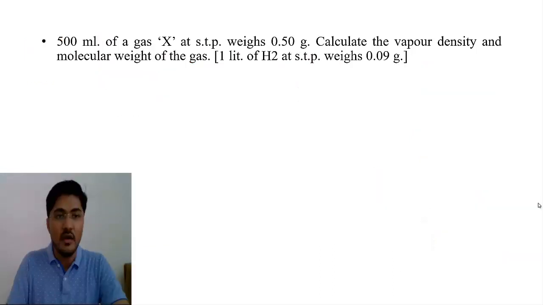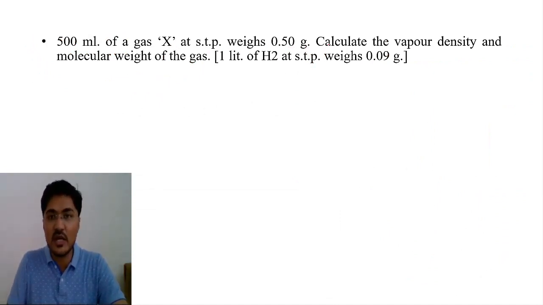So let's start. 500 ml of gas X at s.t.p weighs 0.50 grams. Calculate the vapor density and molecular weight of the gas when 1 liter of H2 at s.t.p weighs 0.09 grams. Now the vapor density formula is